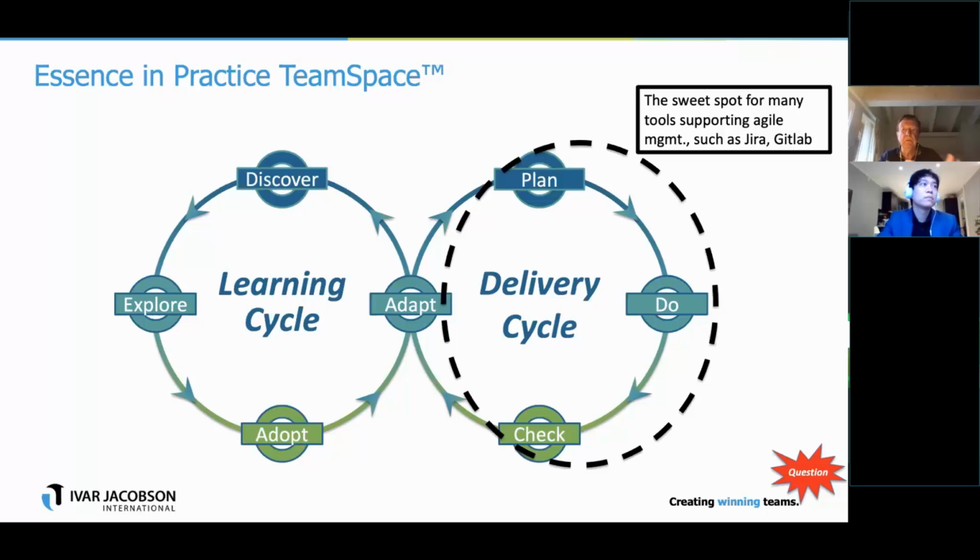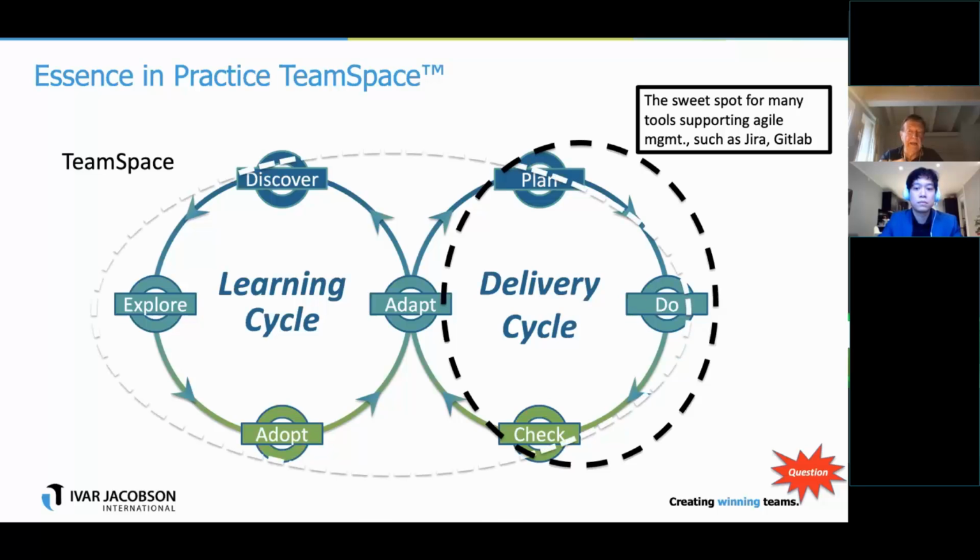They don't tell you what total problems you have to solve, whereas TeamSpace helps you with a whole cycle, but not competing with Jira, because we don't deal, when you come into the delivery cycle. Of course, TeamSpace works very well in the learning cycle, but when you come into the delivery cycle, we are